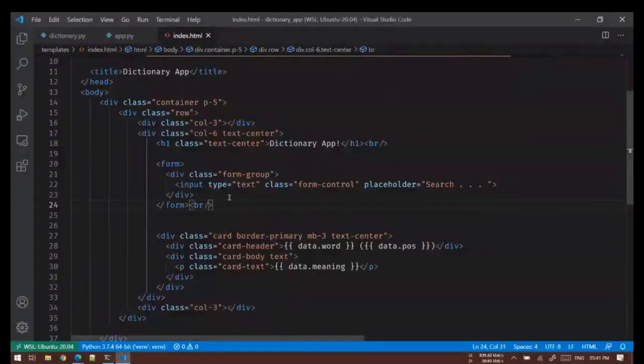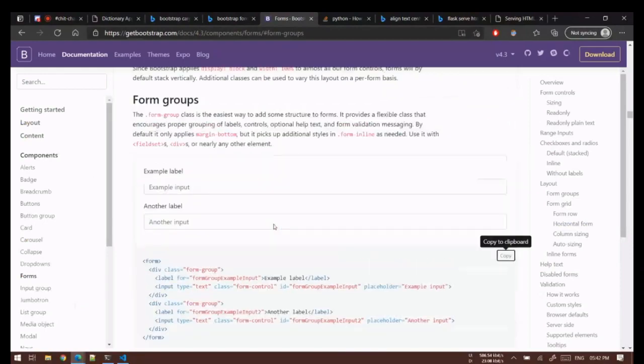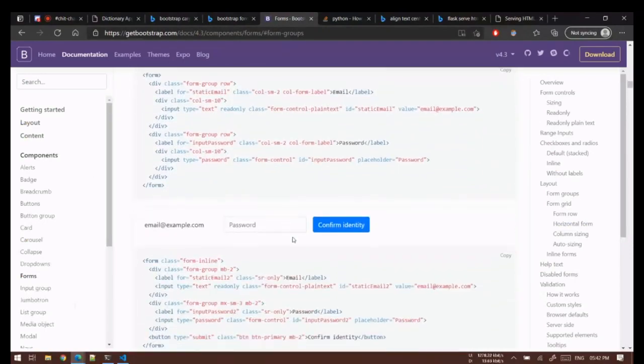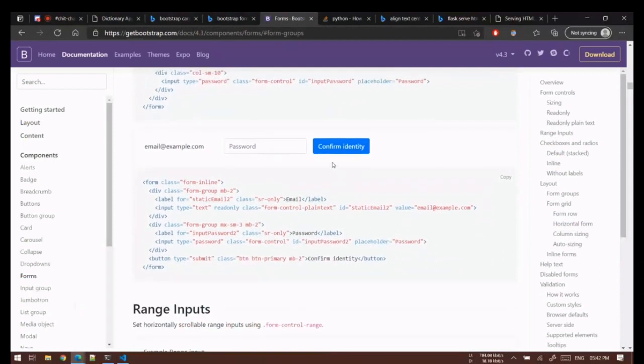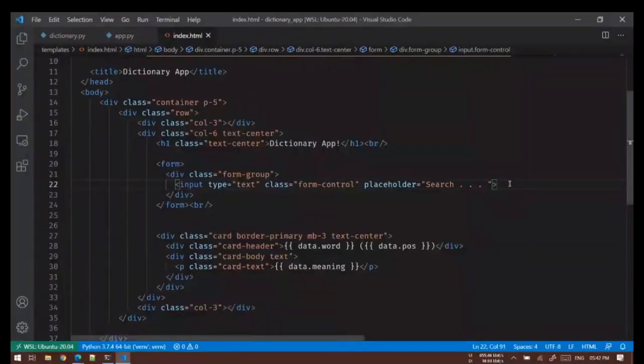Okay, much better. Now we need to add a button. So we'll come here in forms and we'll see if we can find a form with a button. So this is the button. So we'll copy this thing and I'll paste it here.